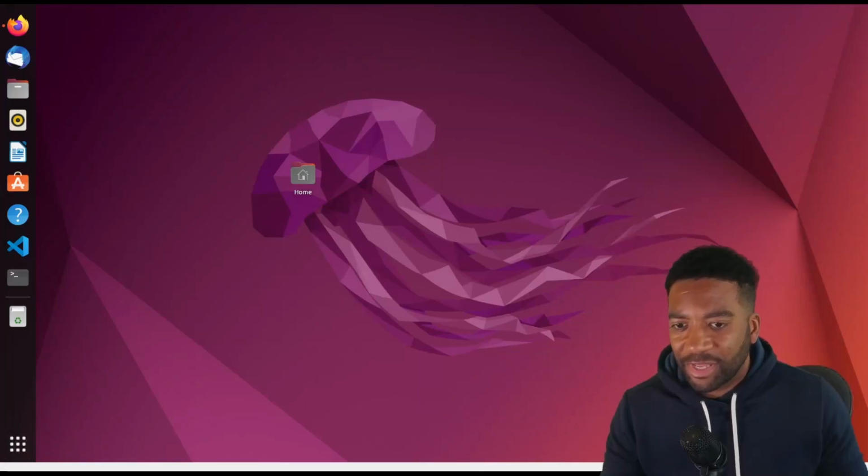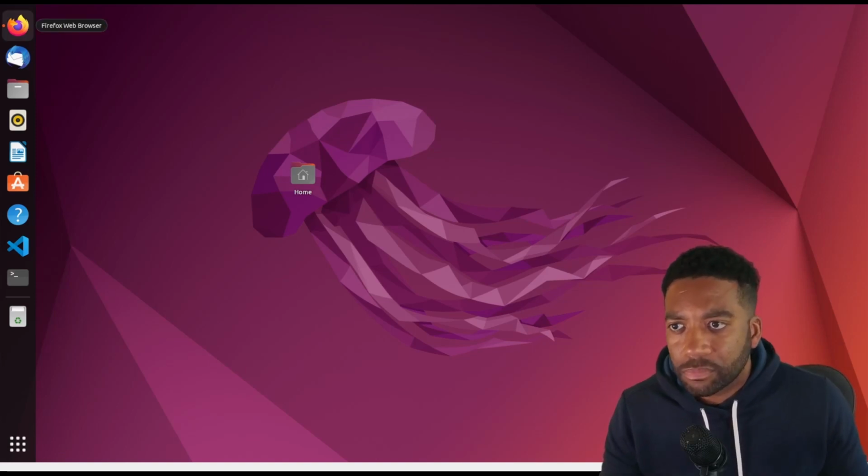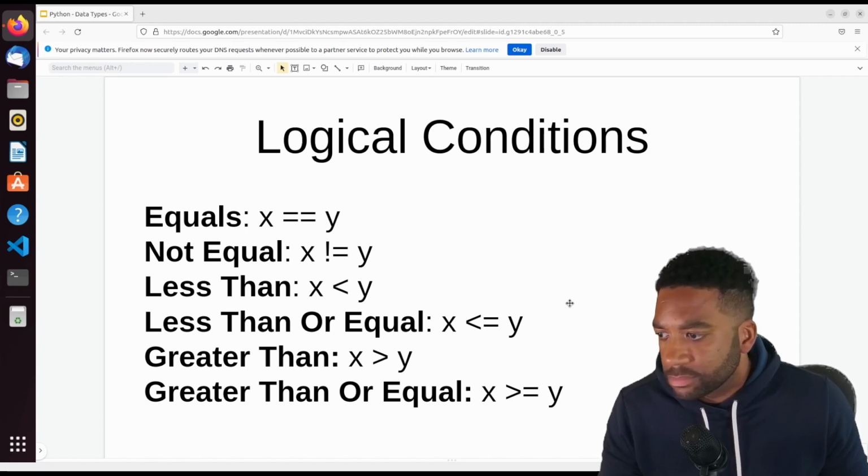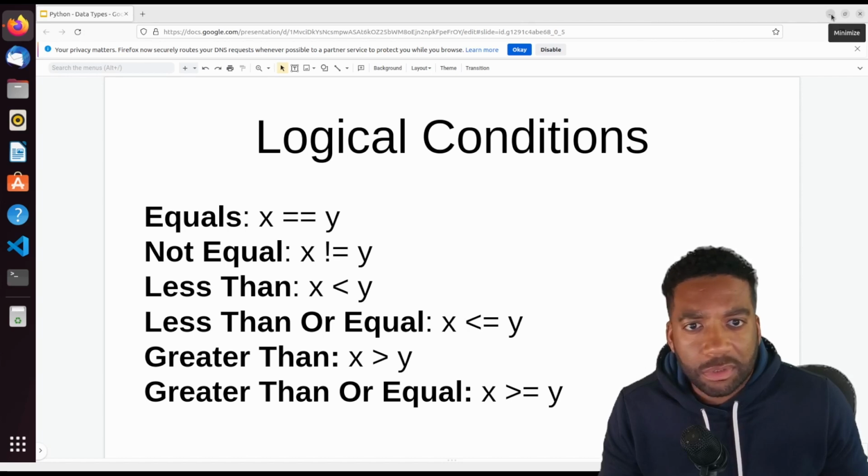I'm Chris Anderson, and today we're going to talk about Python conditions and if statements. So Python has 6 different logical conditions, and here's a list of what they are. You've got equals, not equal, less than or equal, greater than, and greater than or equal. And so you'll use these in an if statement to evaluate an expression. And we're going to add some of these to a little simple program that we're about to